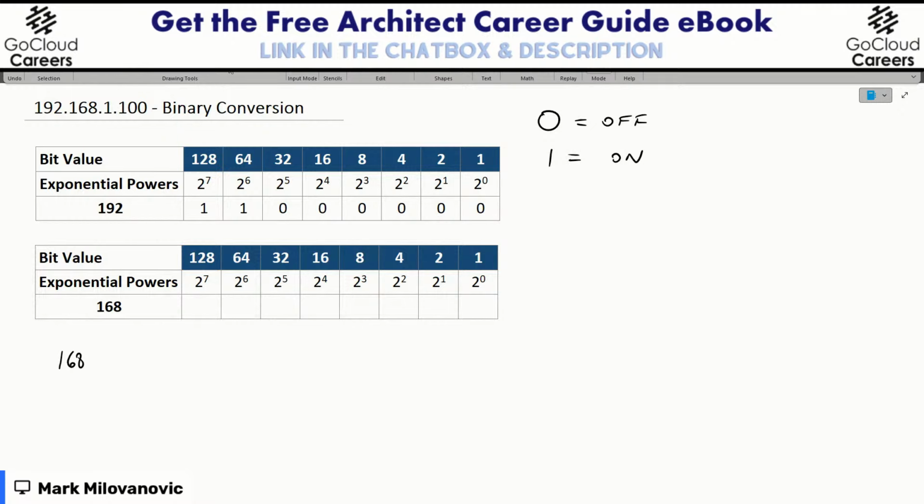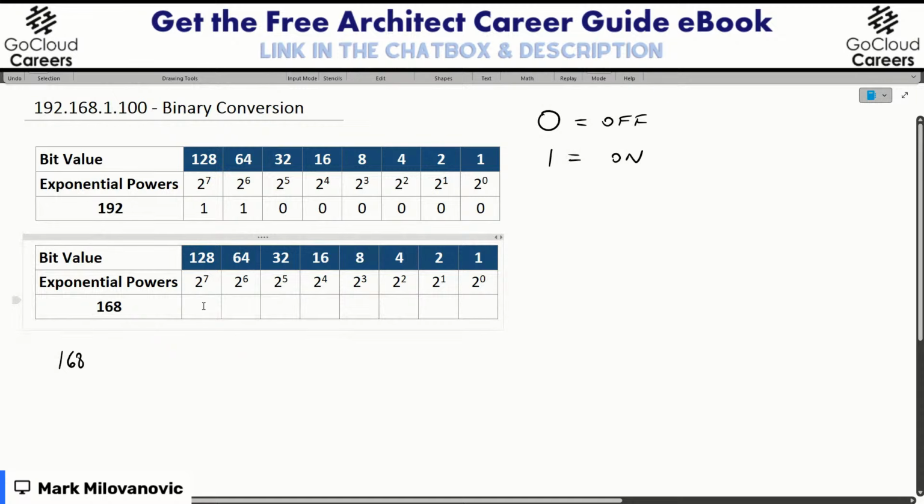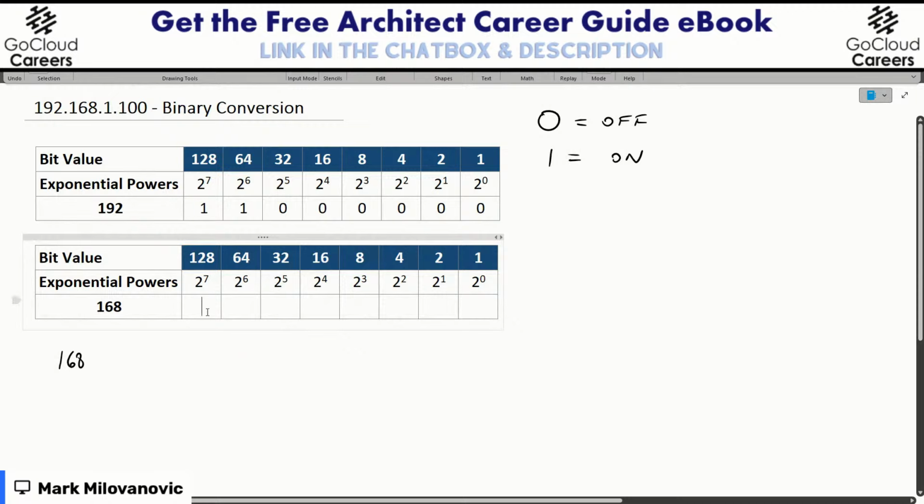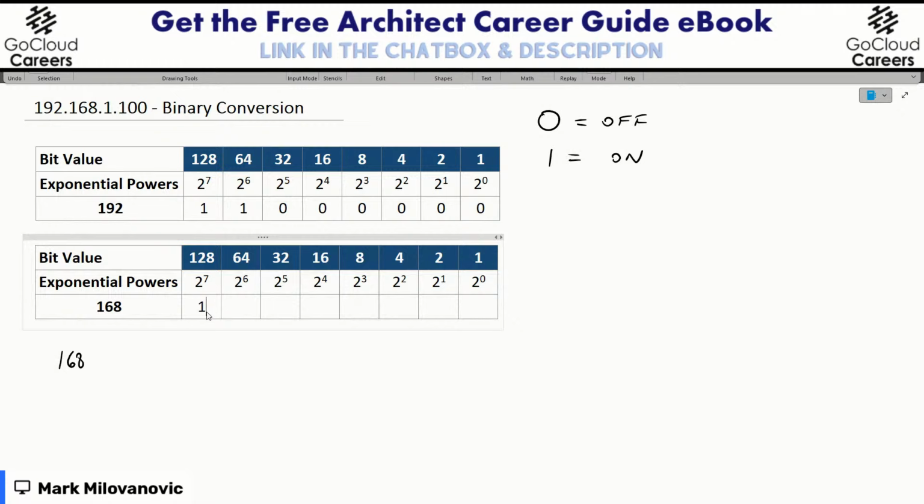Okay, so same exercise again. I have the decimal value of 168. I want to convert it to binary. What is the closest coin that would get me to 168 out of the ones that I have available? The different columns, the different coins. 128, 64, 32. Okay, 128. That's correct. 128 does fit into 168. So what we're going to do is turn that bit on by designating it with a 1.